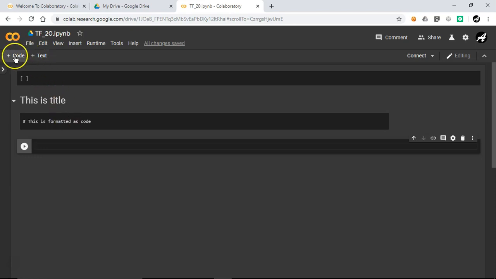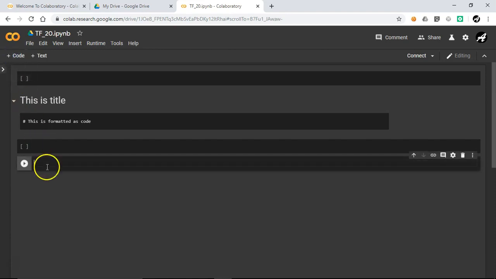Another kind of cell is code. So let's create a new code cell. By default the new code cell has been created, but let me click on it so you will get more of an idea. So a new code type of cell has been created. Now here you can write all your Python code. So let me write a very simple one. Let's say print hello world. Now to execute this Python code, you can just simply click on run cell, or just press